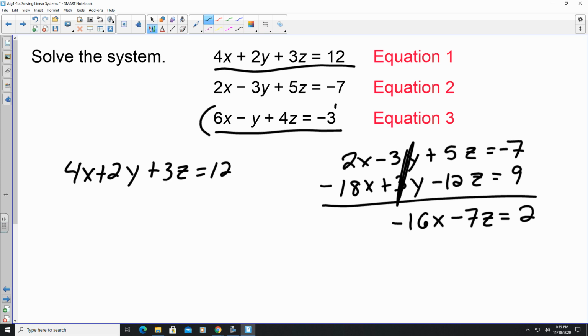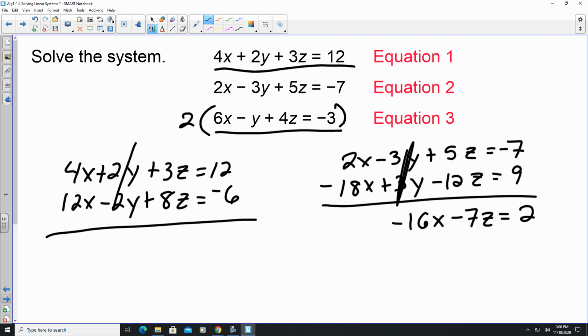And now I'm going to multiply this one by a positive 2 because I want to get negative 2y. So now this turns into 12x minus 2y plus 8z is equal to negative 6. Cancel this out. This turns into 16x plus 11z is equal to